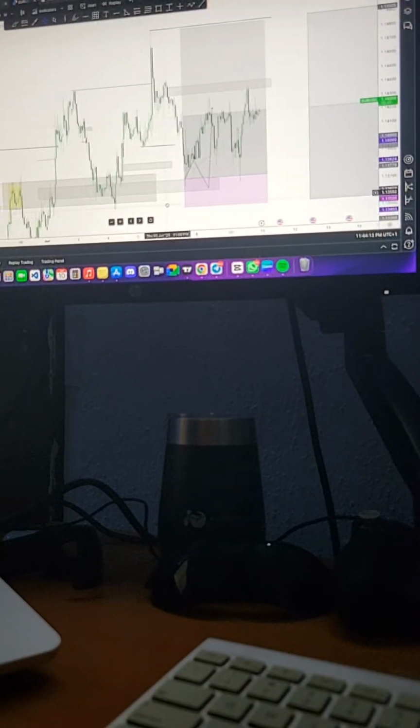So this is my analysis on Euro USD. You can see how simple my chart is, guys. I don't mix up anything. I don't use too much indicator. Just simple price action, speculating price, marking my zones, waiting for price to come to my zones, and that's just